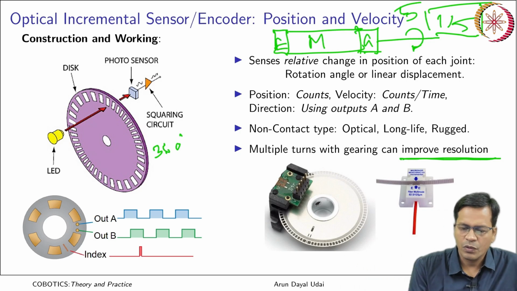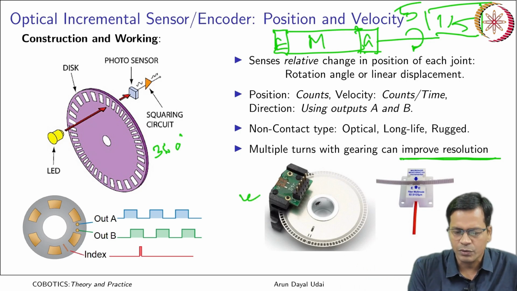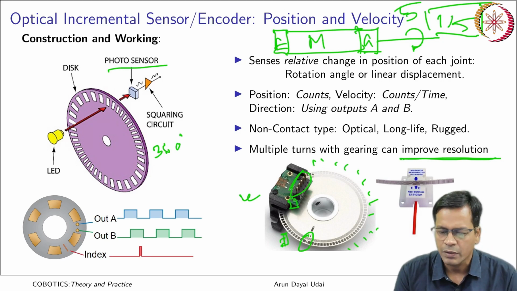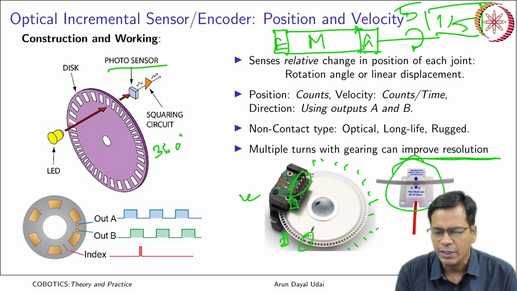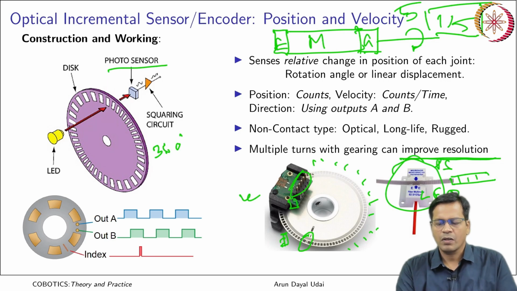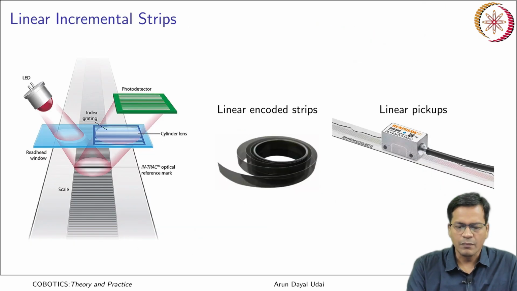Okay. So this is how a physical sensor looks like. So you can physically see this, there is an indexer here and there are multiple windows along this circumference. Okay. So you have a set completely. So these are the connecting terminals. You may have an LED on one side and on the other side the sensing diode, the photo sensor. Okay. So same in case of the linear sensor, this is the linear strip with windows you can see. Okay. And one side may have an LED, the other side can have the photo sensor. Okay. So this is how it works.